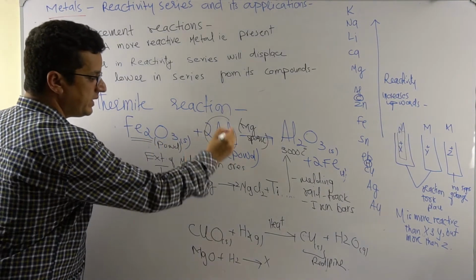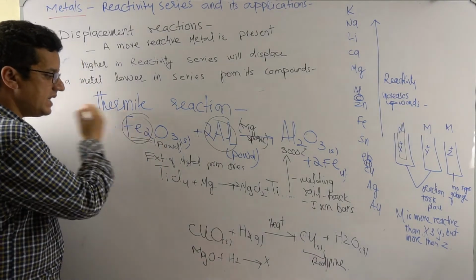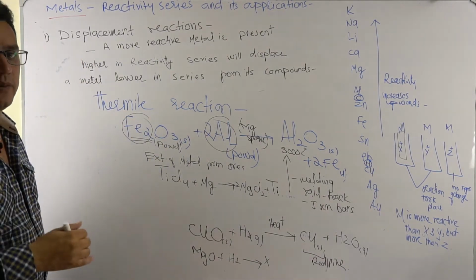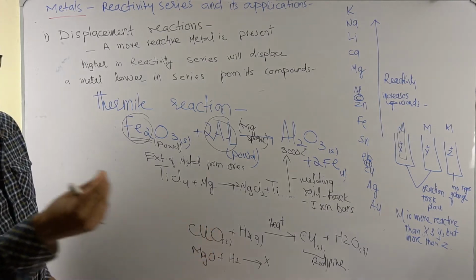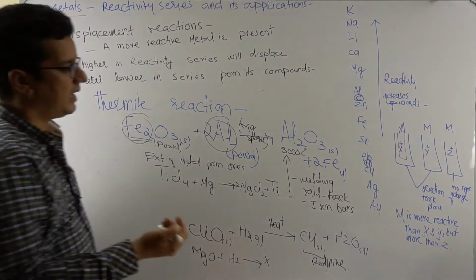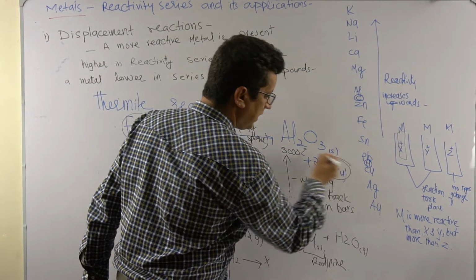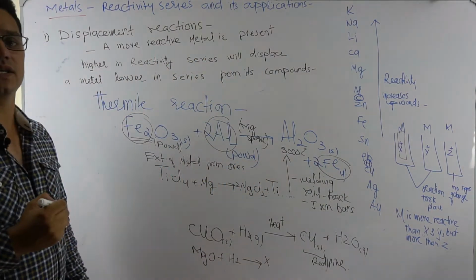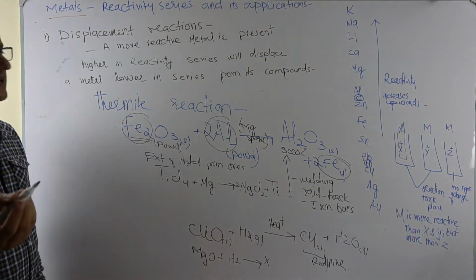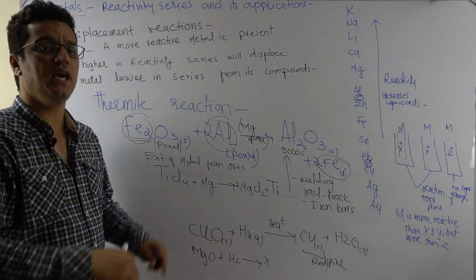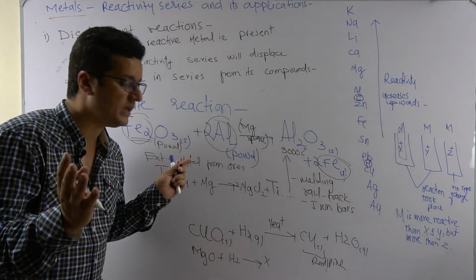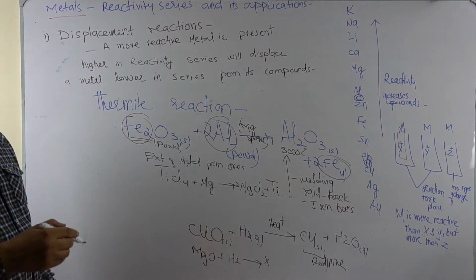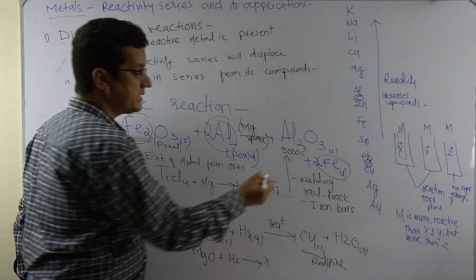More reactive aluminum is there to displace less reactive iron from its compound. Aluminum will pour electrons and iron will accept electrons back. And accepting electrons back, iron is sent packing. All displacement reactions are exothermic, but this one is huge. A huge amount of energy is released and delta H for this reaction is very negative, and the temperature that is produced